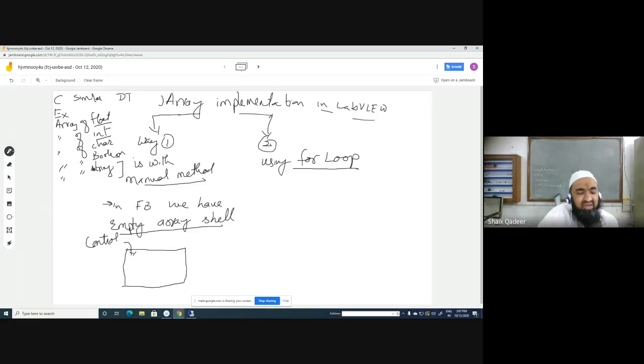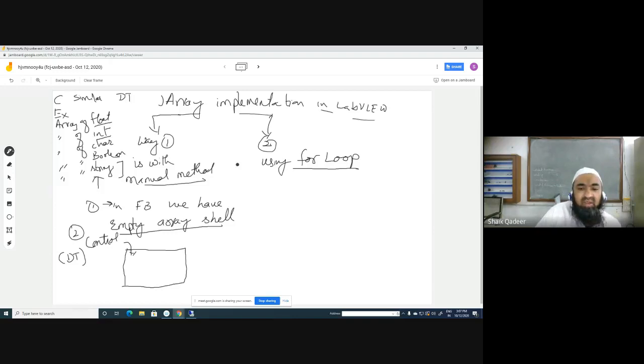So in order to create array, what control do we need? We need these controls, right? Whether it is float or int or char or boolean or string, that control we need to add into the empty shell. Hope it is clear to everybody. Yes sir. In front panel, empty shell is available, just take it. This is step number 1. Step number 2, add control. What do you mean by control? Data type.